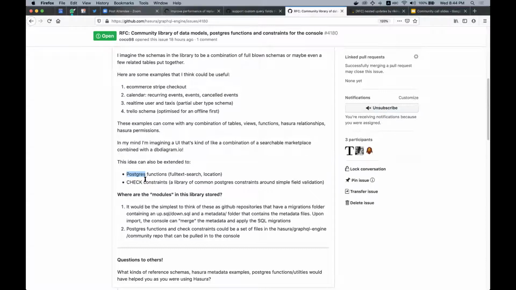If you want to use check constraints or Hasura permissions, whatever you want to use to enforce those validations, having a library of these common constraints and being able to choose them will also, I think, be very useful. The user experience of doing that is a little bit complicated, but the most important thing to even start thinking about is, what are all of the different use cases that you think this would have been useful to you as you've used Hasura, or as you've been trying Hasura out.